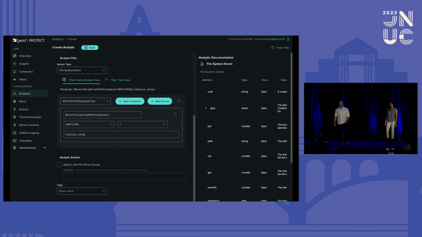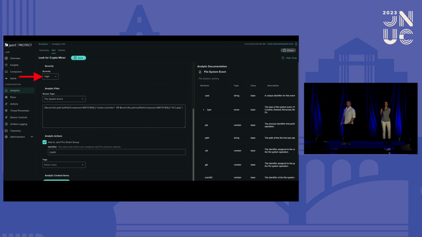And to do this, we're going to leverage the custom analytics that we talked about earlier. These are the same behavior-based detections that we talked about earlier with the plist disguised as Apple. But in this case, I, as the admin, can specify what I think a suspicious behavior is. So I'm going to create a new high-severity rule, and I'm going to look for any file system event. This is going to be file writes, file deletions, file renames, anything like that, file system events in general,